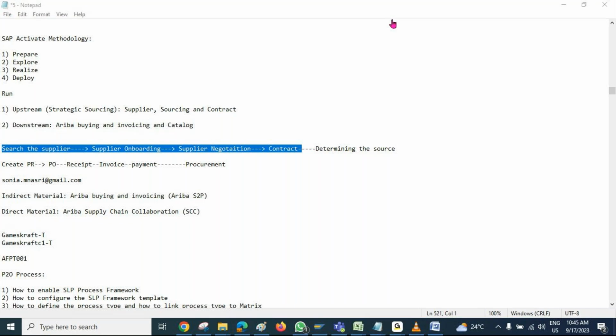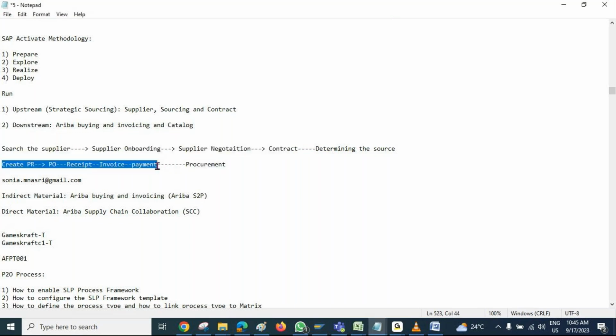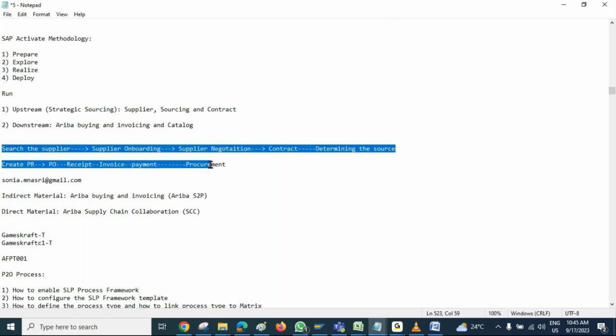And once this is in place, next you are going to perform the procurement activities. As part of the procurement activities, you will place the order, you will receive the product, and then you will receive the invoice. Accordingly, you have to make the payment. So this is the overall process we have to follow whenever we perform any kind of procurement activities. I'm not saying this process is applicable in all cases, but whenever you have to purchase any new product, you are going to follow this process.